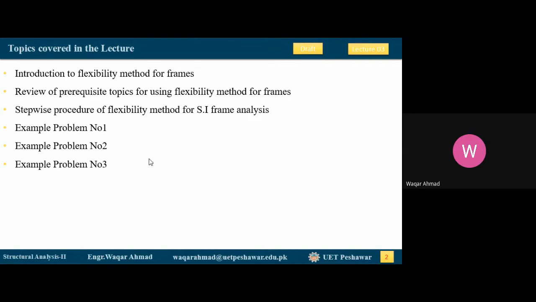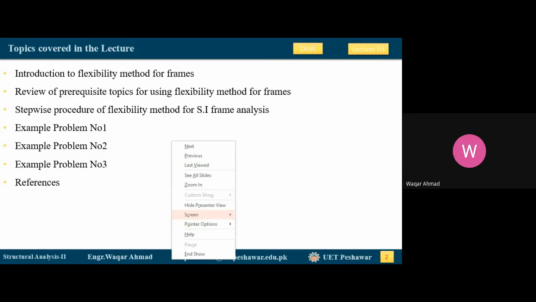In today's lecture, as this is your first online lecture of this Structural Analysis 2 course, we will go a little slow today so that you adjust to this new way of learning. Then we will end up with the references. So we'll try to cover up to example problem number 1. We'll try to cover this problem number 1 in quite detail today, and then in the next class, inshallah, we'll start doing these other problems. Okay, so